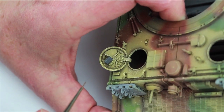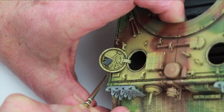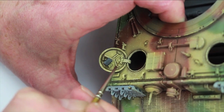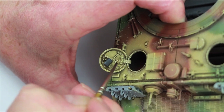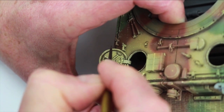Here I am painting around the hatches. As I said before, start small and build them up. Bear in mind the crew are getting in and out with maybe hobnail boots on. You can build these chips up around the edge of the hatch and you can make them as heavy or as light as you want. If you want to add a heavy worn look to your vehicle,